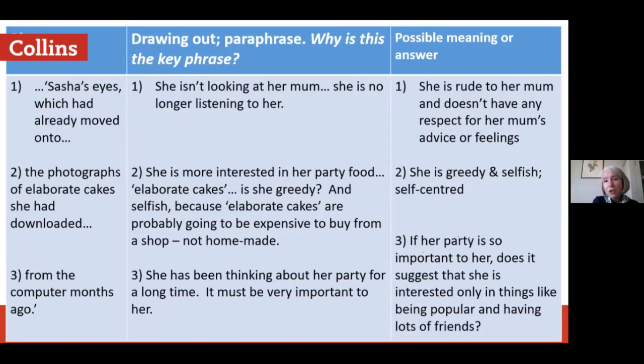So do you see what I'm doing here? We're looking in a lot of detail at the author's words. We're teasing out what those words are really telling us to arrive at an answer to the question,